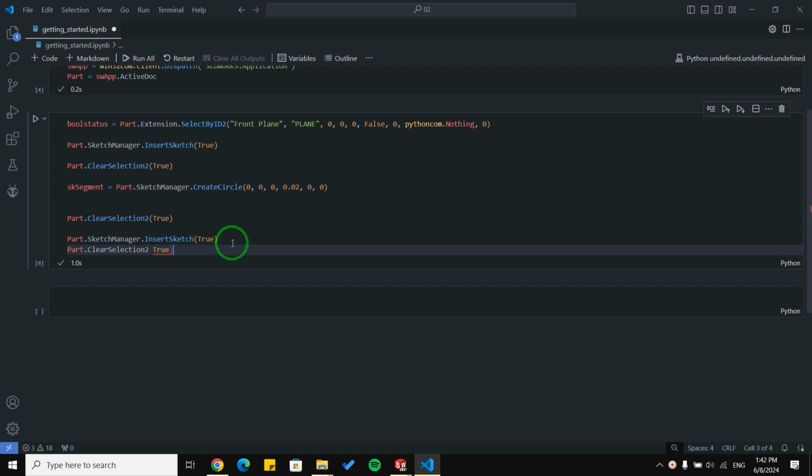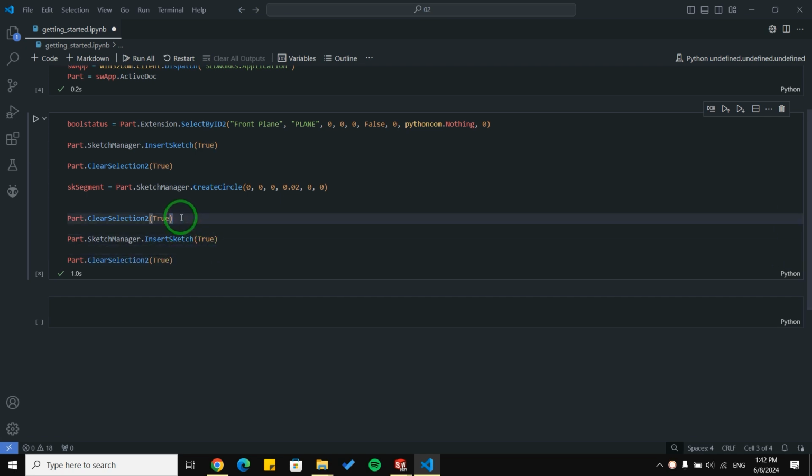Okay, okay, and okay. For these three lines, it will clear my selection and close the sketch for me. And at the end, it will clear my selection again to be sure that I didn't select anything else. Okay.